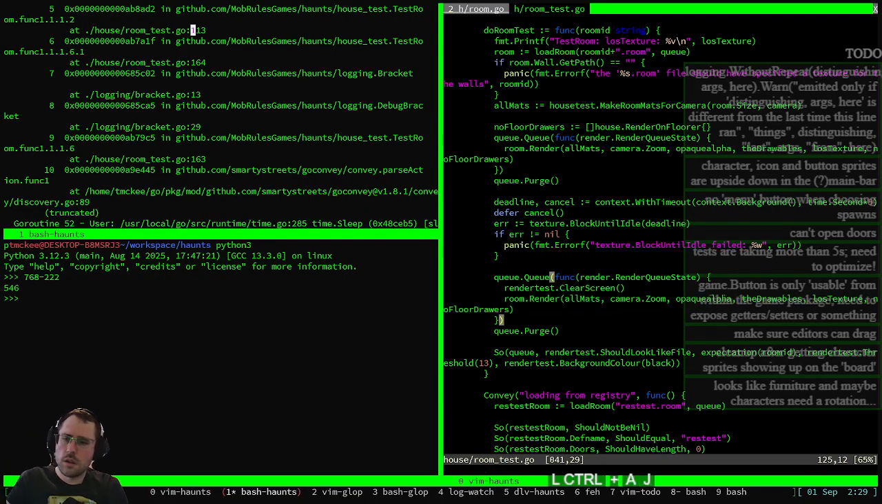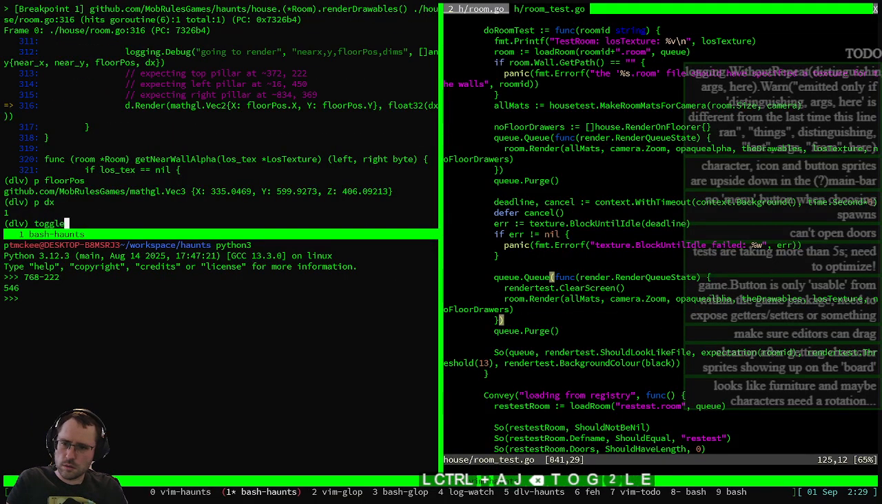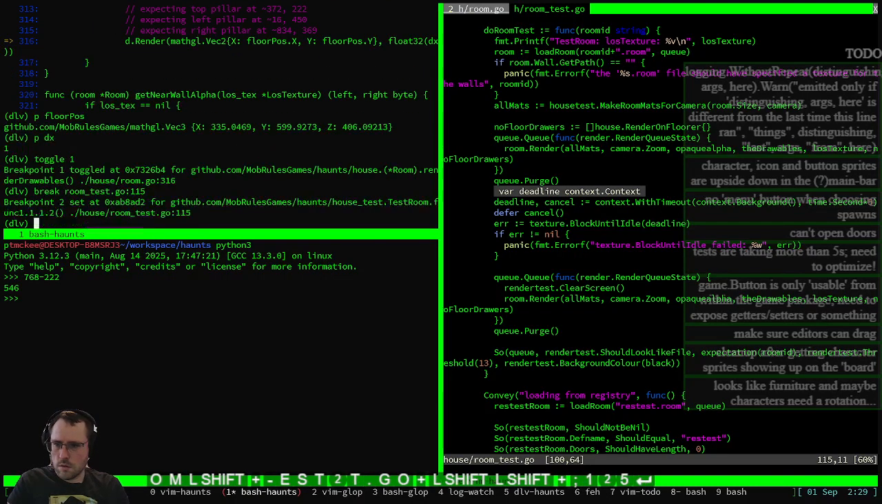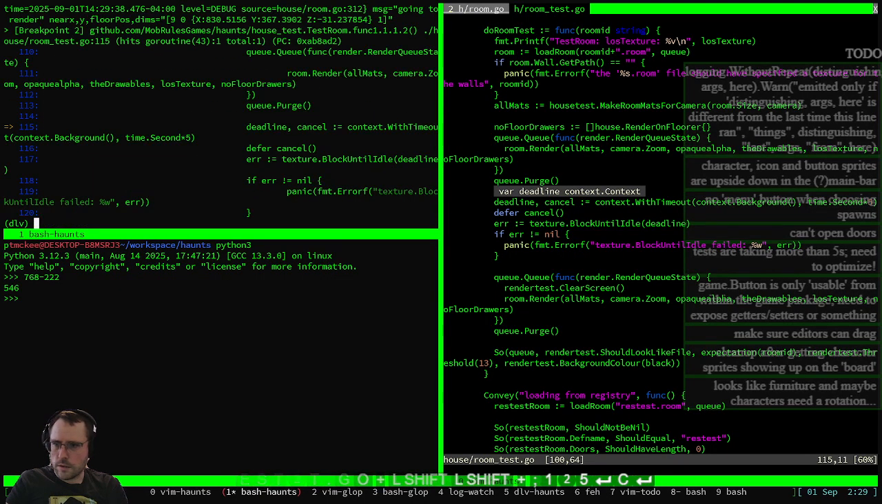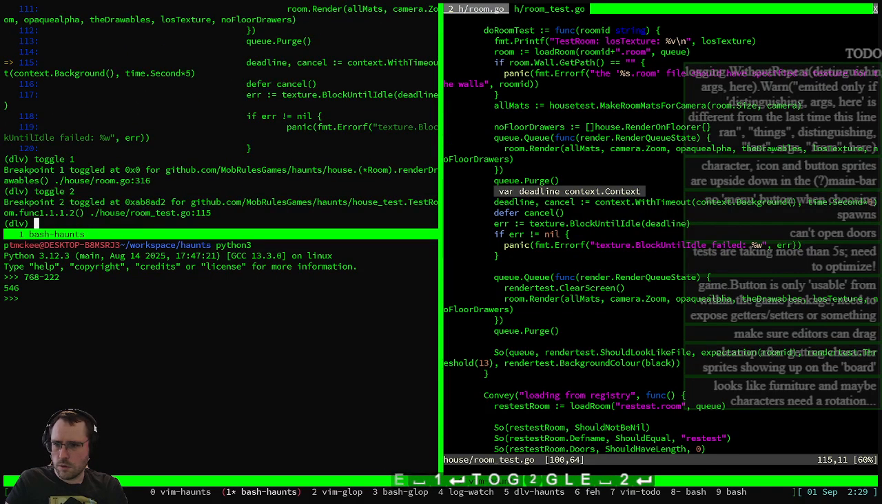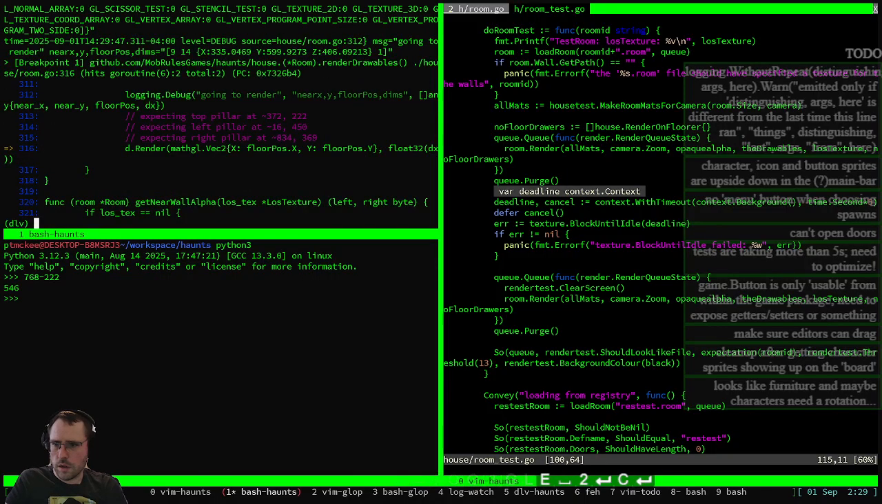So let's toggle 1 so as not to break out on it anymore. And then we'll add a breakpoint for here. We'll run it again until we hit the breakpoint, and we'll toggle back 1. We don't need 2. Okay, so now